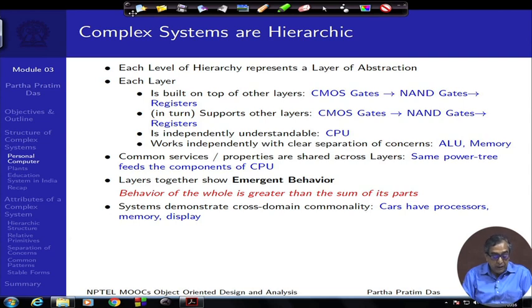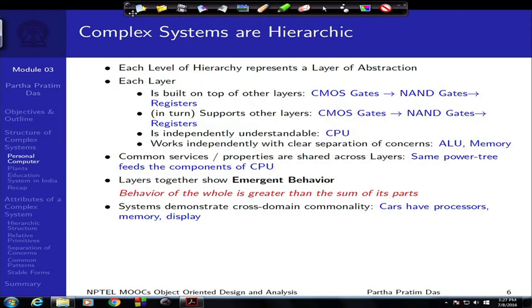Finally, we will observe that complex systems often demonstrate cross domain commonality. That is, all these different hierarchy and commonality that I am discussing in terms of a personal computer. If I just go to one of the modern day cars and try to look into different subsystems of steering control, brake control, air condition control, the window control and so on, we will find similar processors there having very